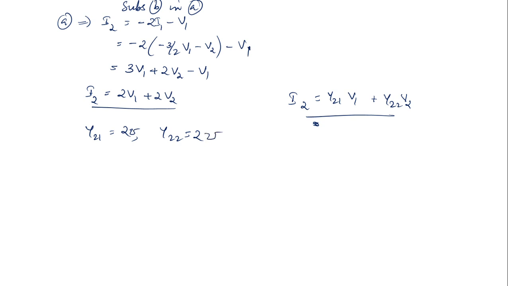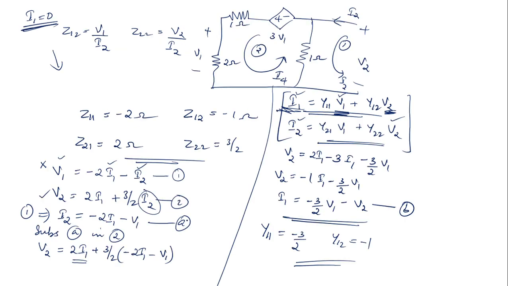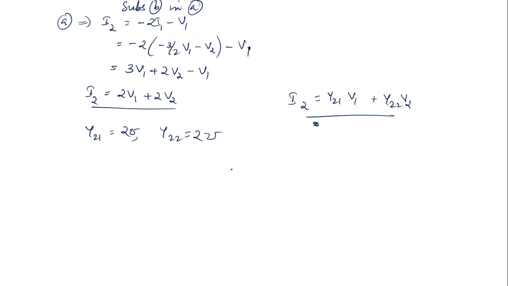You have to write the units also. Did I write the units? No. Here also you have to write the units. It is mho. Okay, so this is how you find out. If you have to find out two parameters in a particular problem, this is how you will find it out. You can just do some rearrangements and get it in the form that is required. Simple rearrangements are only needed over here.